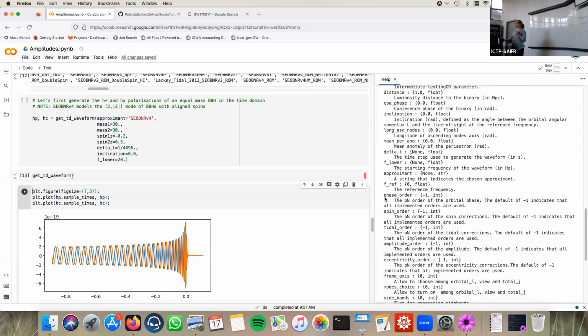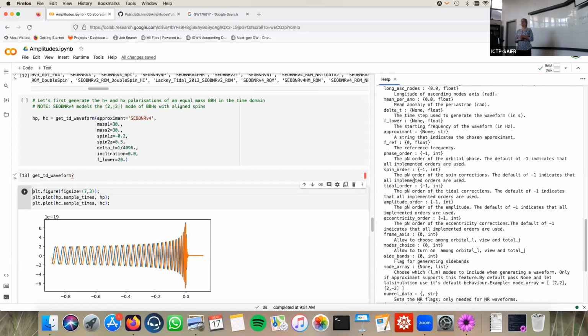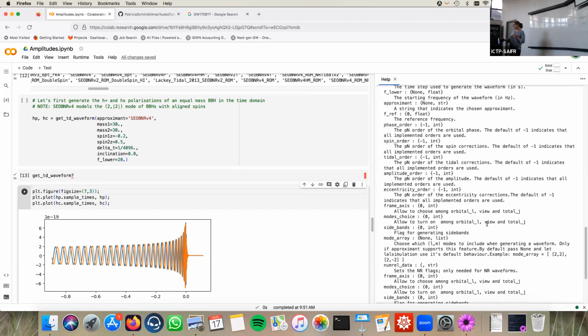If you have a precessing system, spin orientation evolves, which means you need to specify the spins at a specific reference frequency or time. So that's contained in this bracket parameter here. For post-Newtonian models, you might want to take your latest and greatest spin Taylor model, but you're interested in only going, say, up to 2 PN in the phase or 1.5 PN in the spin. You can specify this as well,